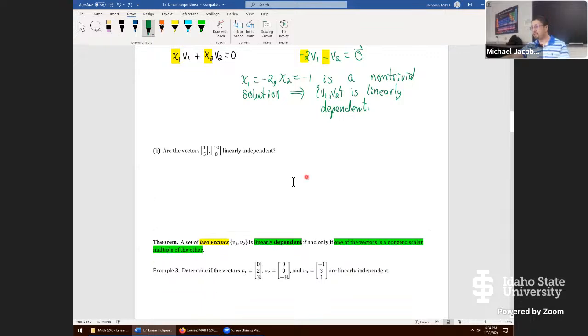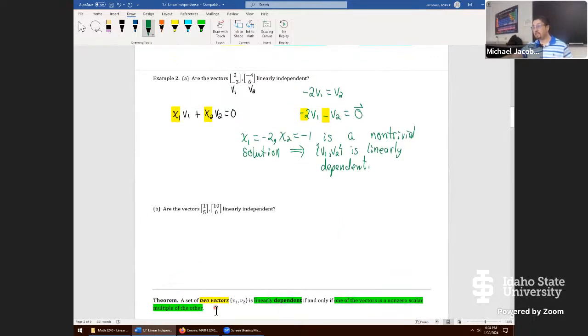The theorem that we're really using is this one right here. If you have two vectors, now, this is specific. This does not work for three vectors. We have to use a different process. But for exactly two vectors, you have dependence if and only if one of the vectors is a multiple of the other, non-zero multiple. That's what we found right here. And you might have just said